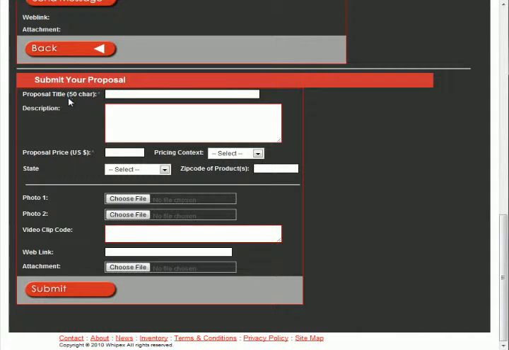You can give it a title if you like, description, all the details of your proposal, and the purchase price of the item without any commas, and pricing context, meaning is it by each or whatever is appropriate. In this case it is each. And then you go to your choose a file, which is a drop down box for your state, of course, and then choose a file for a photograph that pertains to your proposal, and you get that off your hard drive typically. And video clips if you have any,